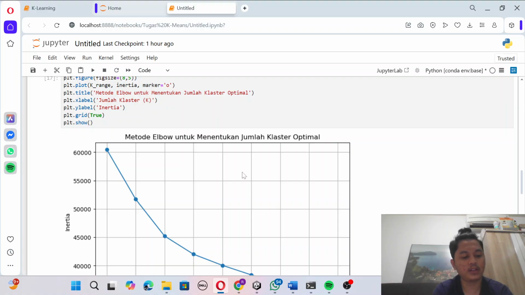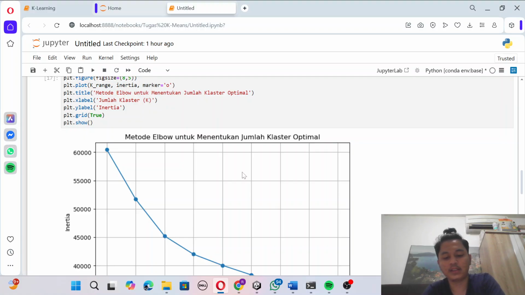In this chart, the horizontal axis shows the number of clusters tested, while the vertical axis shows the inertia value, which measures the total distance of data points to their respective cluster center.